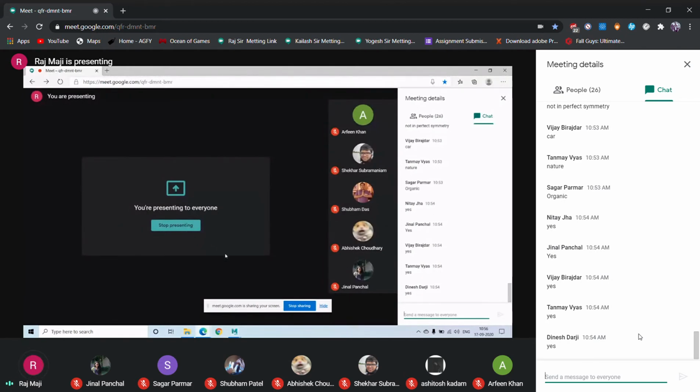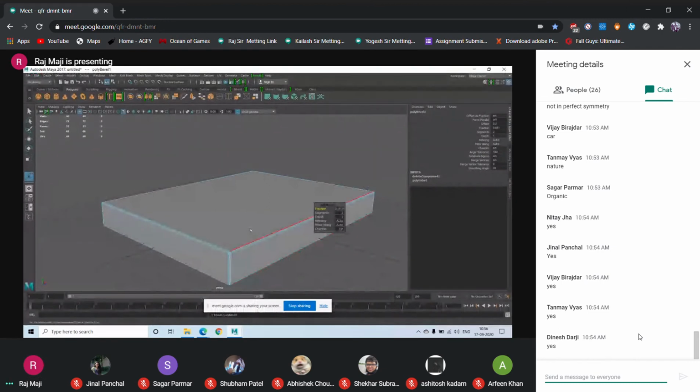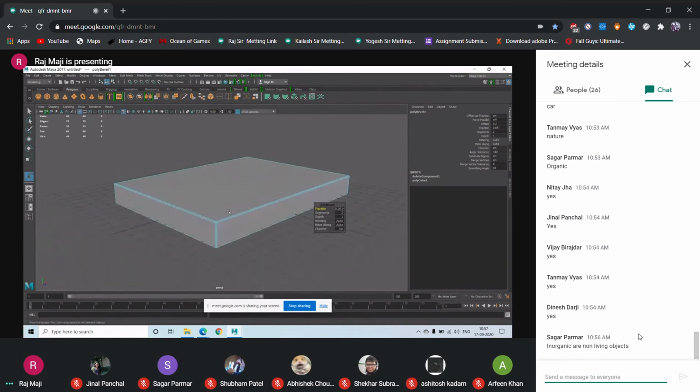So now, the mud slab. We are talking about the mud slab. Definitely, this is also human made, but you cannot say this is entirely human made. Though human beings used mud bricks, it is not perfectly human made. Mostly human made, 80% human made, but 20% it is still natural. So I have taken this now. What you need to do